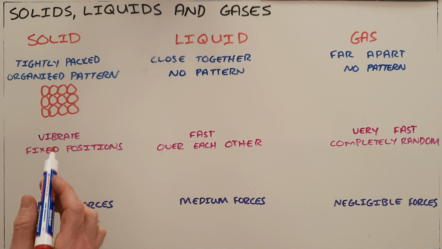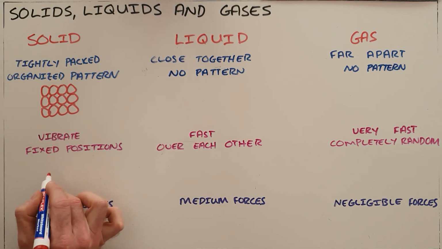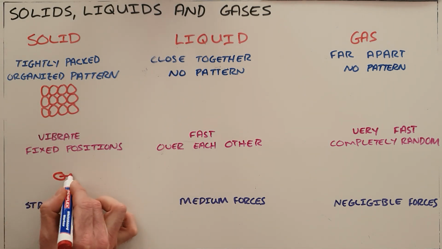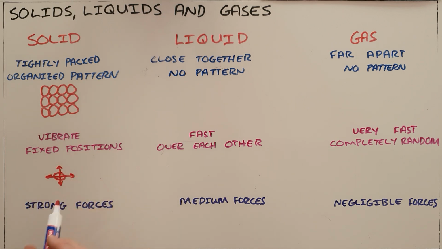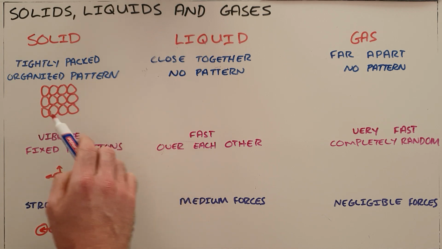As a result of that, the only movement that is possible for each of these particles is a small vibration, either left or right or up or down, but for the most part, this particle will remain in its fixed position and just vibrate slowly left and right or up and down. As we can see, in order for something like this to be possible, the forces of attraction between molecules must be incredibly strong. Those strong forces of attraction are what keep them neatly packed and tightly packed and close together